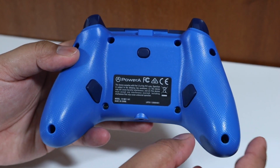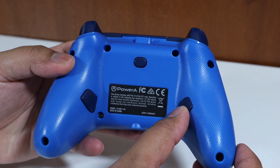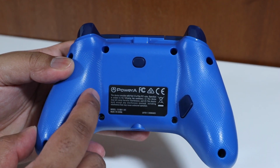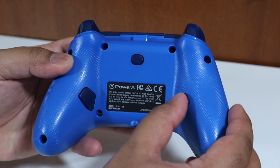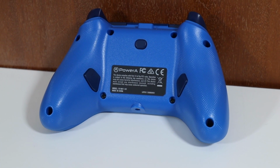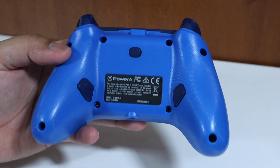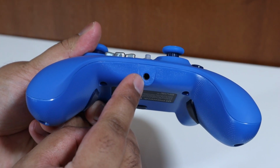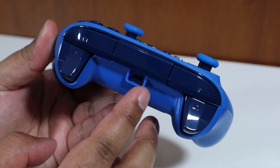In order to initiate it, you press the top button, hold it down for around a couple of seconds, then you either press one of the action buttons, your sliding button or your jumping button, and then you press the corresponding button on the left or right. And I actually found it quite useful because you can do drop shots or jump shots quite easily. At the bottom we also have an insert for a 3.5mm headphone jack,